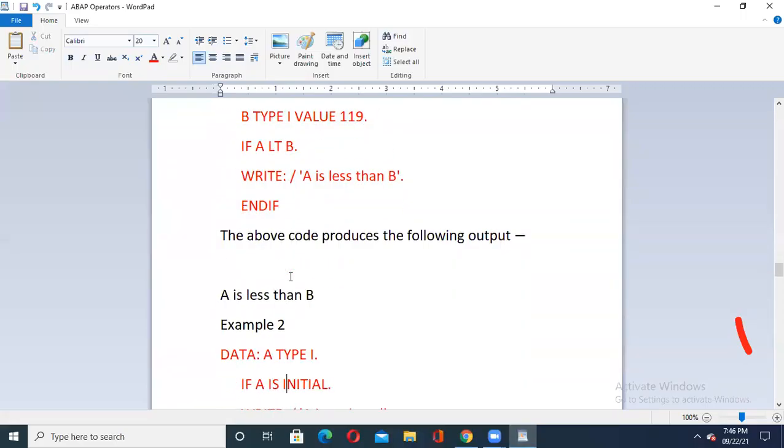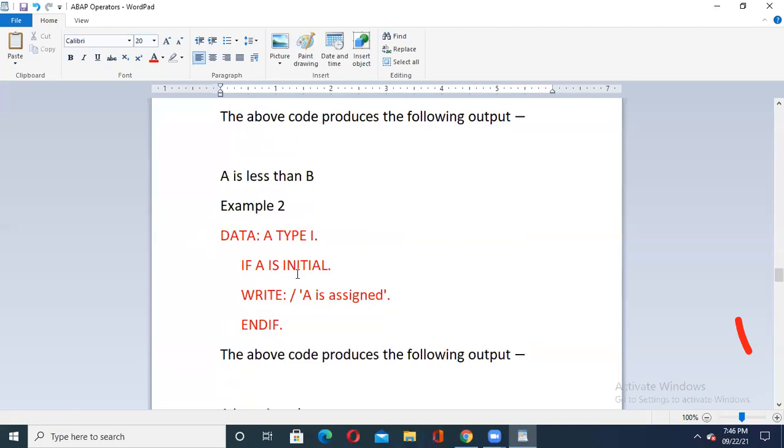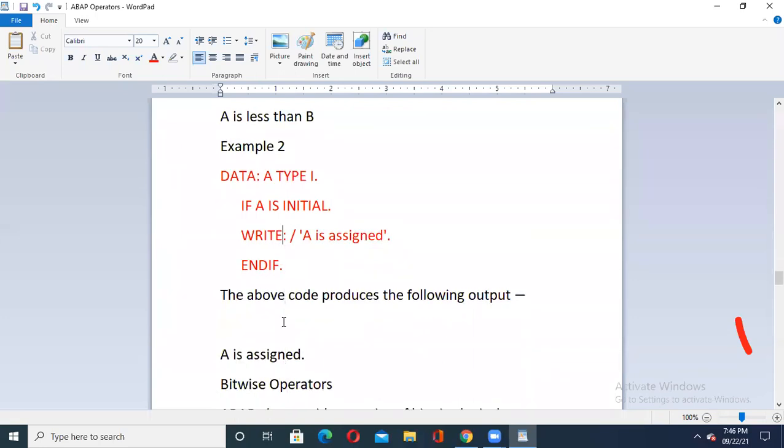See here, they have been given the same as example. Okay, now we were talking about this. If A is initial, right? A is assigned. See, in this case, I'll just take it and check it in this code. And one more thing you might have observed, all of you please remember, I'm not putting any program name here. By default, our ABAP online editor already has a default program name saved. So that's why we are able to execute our code directly.